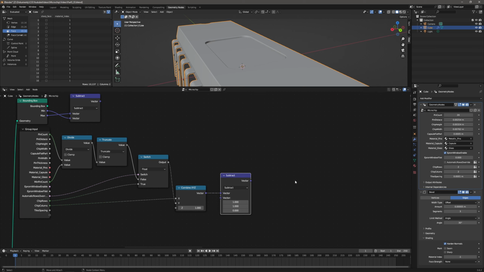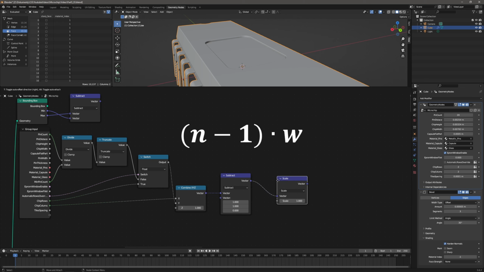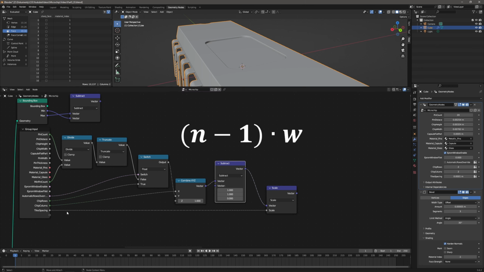Now, next thing we have to do is to multiply this value by a scalar number, so by the spaces actually. So let's add here another vector math node. This time I will use a scale, which multiplies all the components equally with a scalar value. So let's do it like that. This is our tile spacing, and that's multiplication of all the spaces in the grid, let's say, with the width of